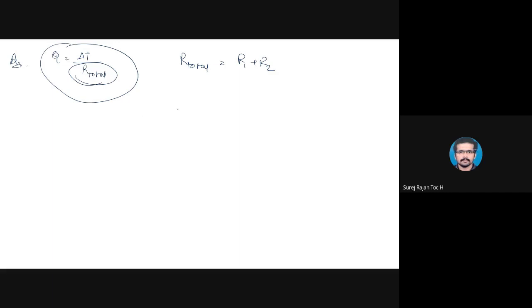From the generalized equation of the hollow cylinder, we know that R1 is equal to ln of r2 divided by r1, divided by 2 pi L k. That is the resistance for the hollow cylinder. The radii r1 and r2 are already given in the problem, and k is also given. Then you arrive at the answer for that resistance, R1.